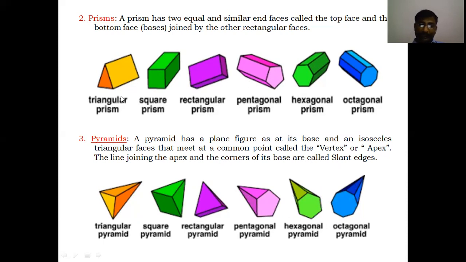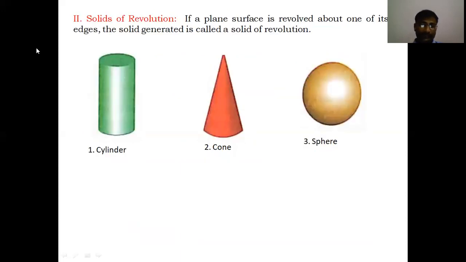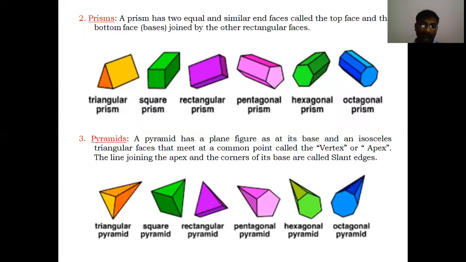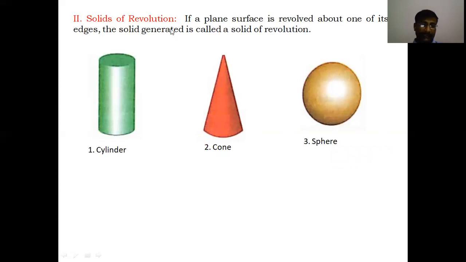Okay. Second type of solid is solids of revolution. These are all under first type of solids. Solids of revolution means if a plane surface is revolved about one of its edges, the solid generated is called the solid of revolution. Example, if a rectangle is the plane figure, and the rectangle rotates about one of its straight edges,